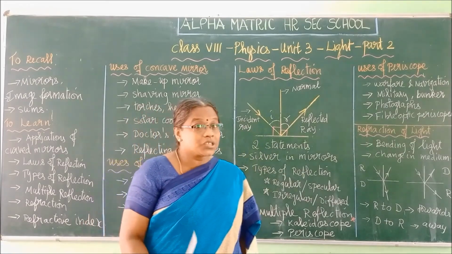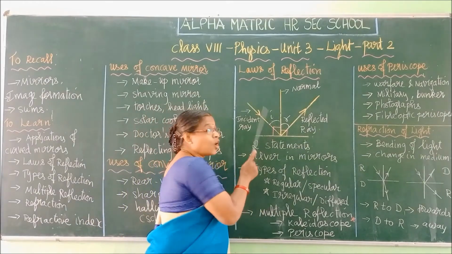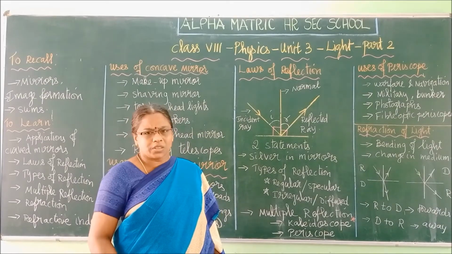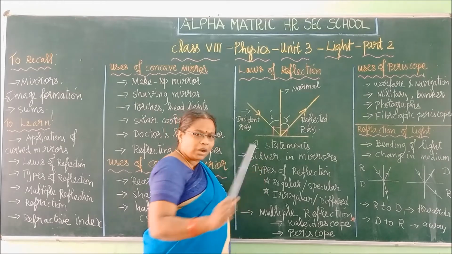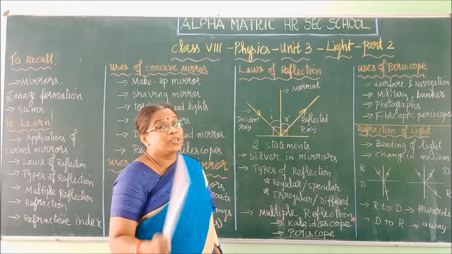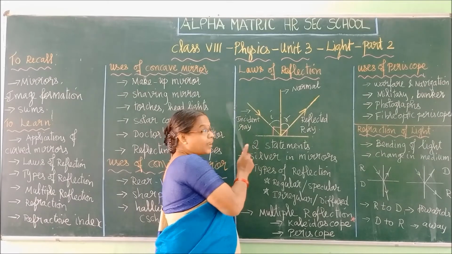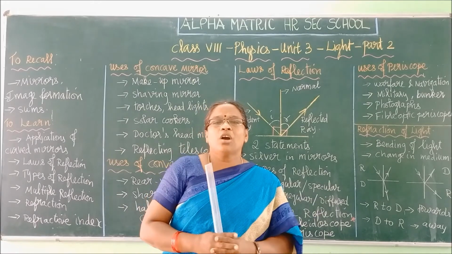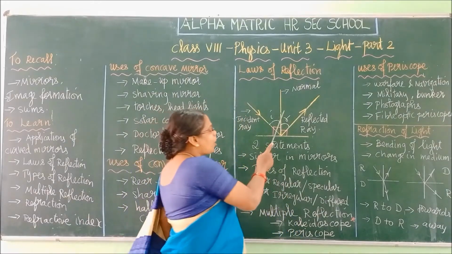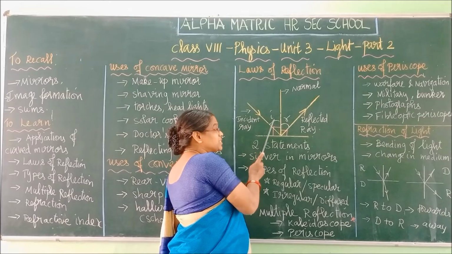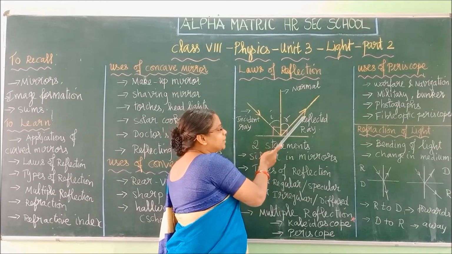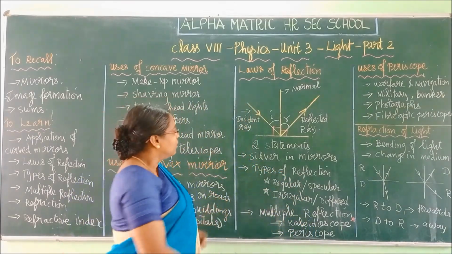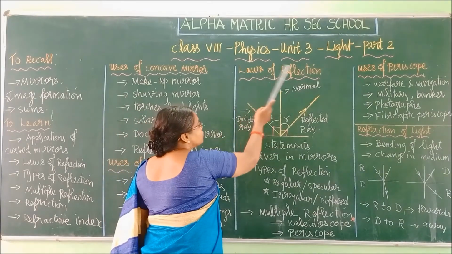See very clearly, children, this 90 degree is not the angle of incidence. So many children confuse this. This complete angle is not the angle of incidence, but the angle between the normal and the incident ray. Compare with the normal. Normal is our factor for comparison, right? So the angle between the normal and the incident ray is the angle of incidence. The angle between the normal and the reflected ray is the angle of reflection. Clear? Right. Now we are moving to the point laws of reflection.